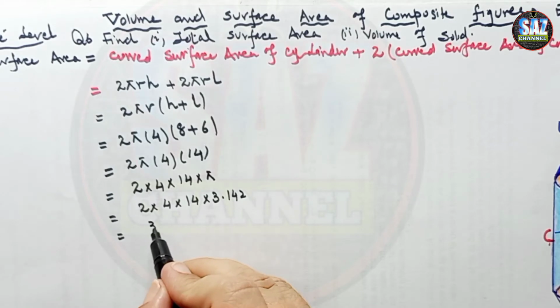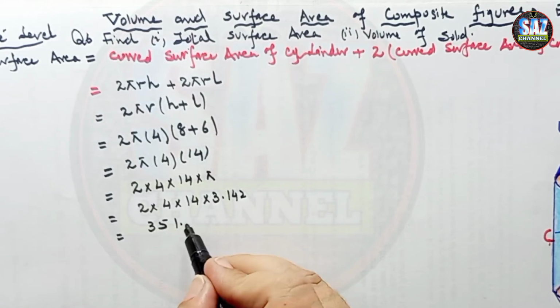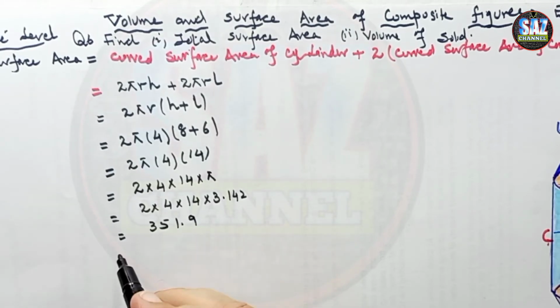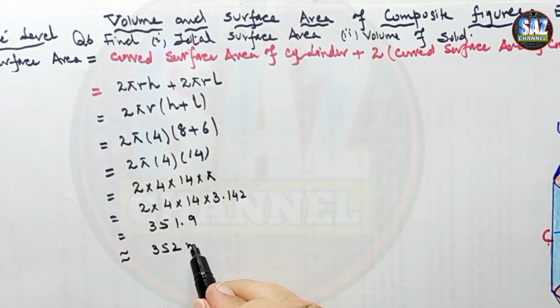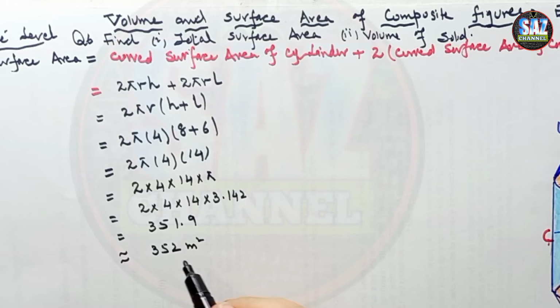351.9. Okay, 0.9, and as we have to give our answer nearest to 3 significant figures, so it will be around 352 meter square. I hope you are clear about the surface area, and now it's the time to go for the